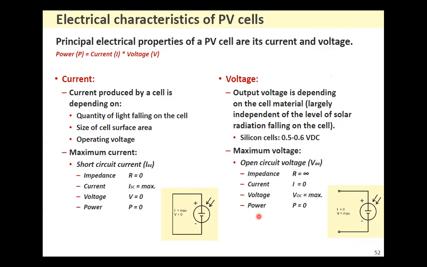Okay, well, normally the silicon cells have around 0.5 to say 0.6 volts DC when they are open circuit. One more thing is that obviously a solar cell provides you the power, and power is the product of the current and the voltage. Now this voltage is depending on the light. Okay, if there is a light, you will be getting the voltage, but this current is depending on the solar